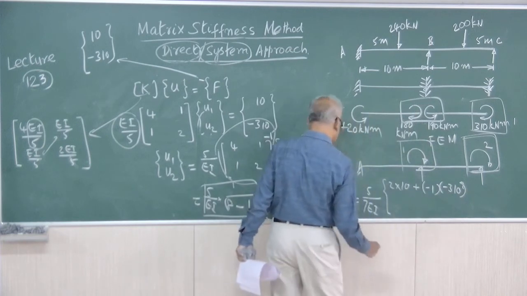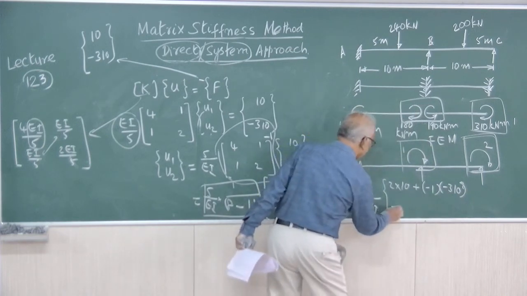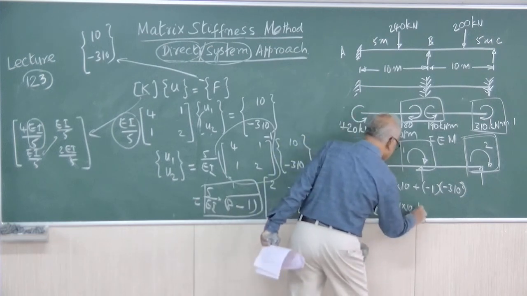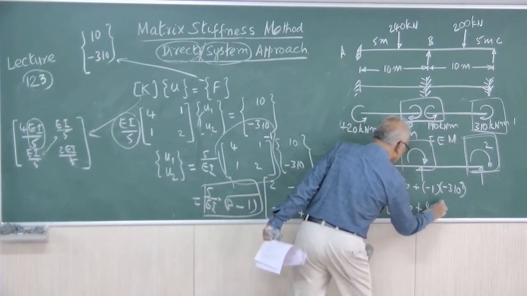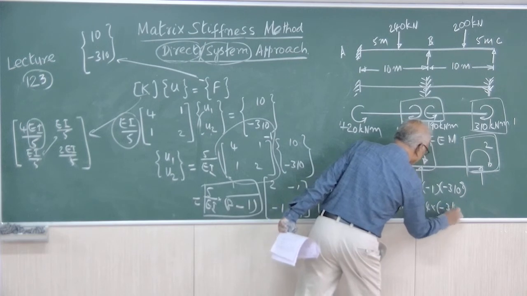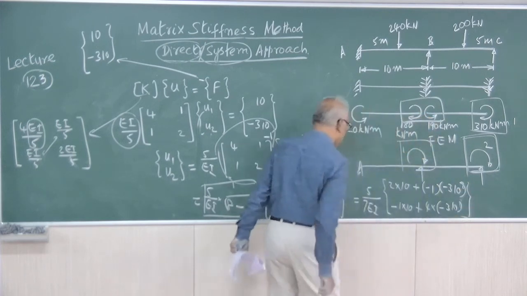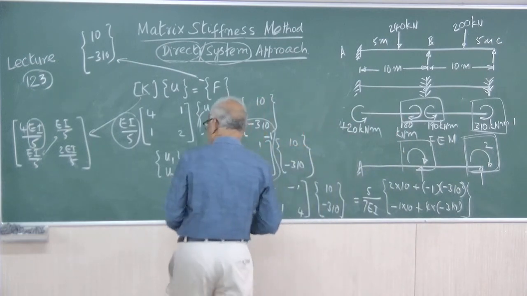The second value is minus 1 into 10 plus 4 into minus 310. This value, on simplification, will give you